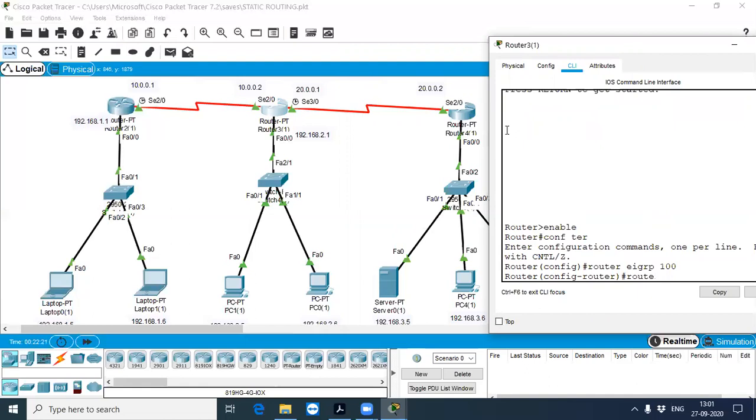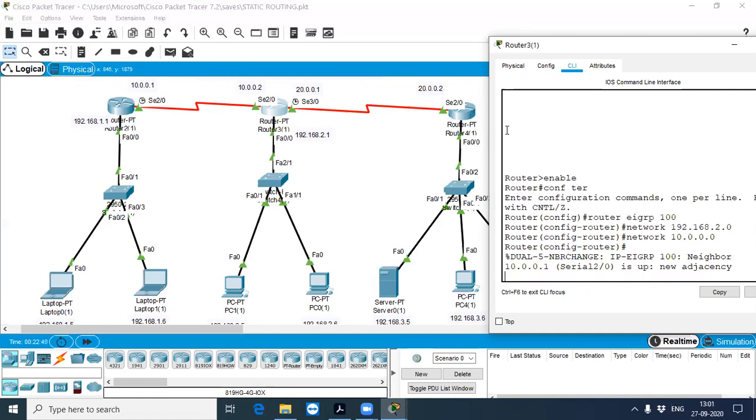Then network. This router is connected to 192.168.2.0, and it also connects to 10.0.0.0.